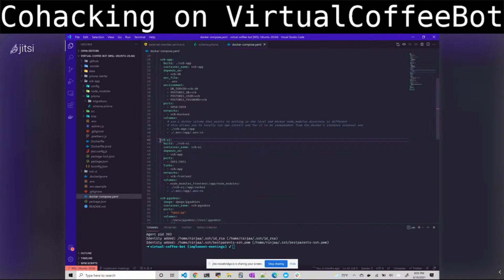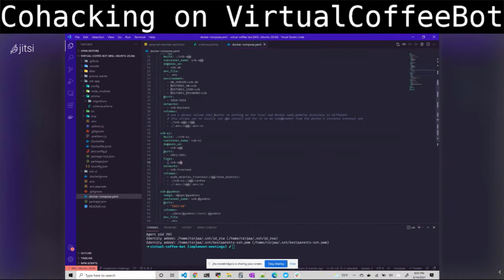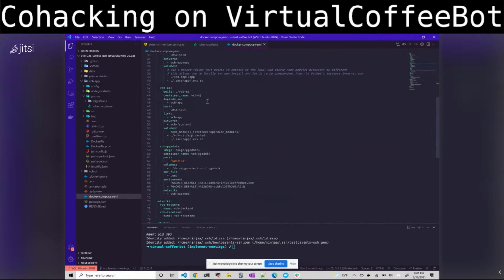And then there is a front end called VCB UI, which links to the backend and depends on the app, which in turn depends on the database. So the front end depends on the backend, which depends on the database. So all three of those are together. And